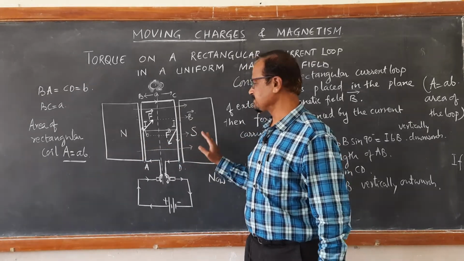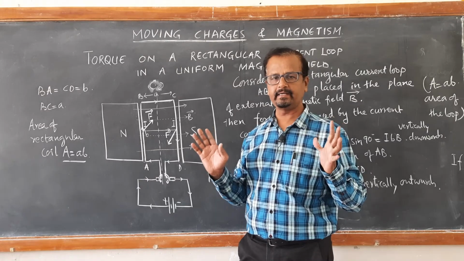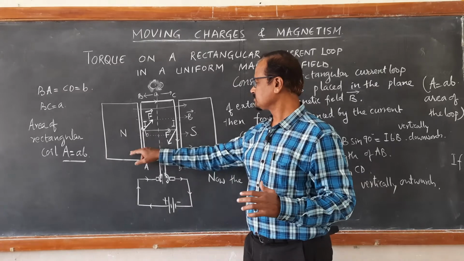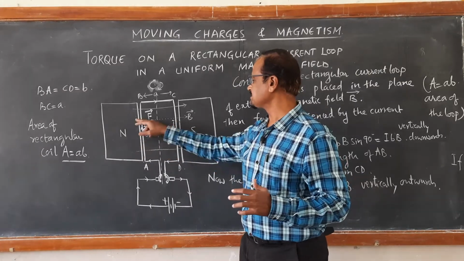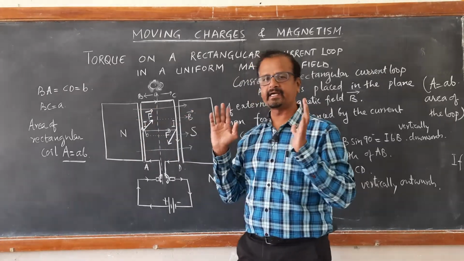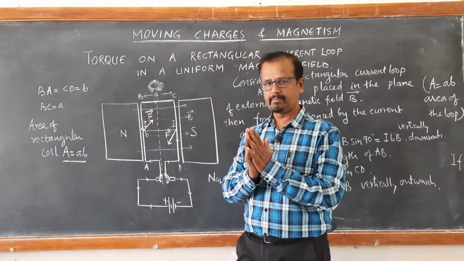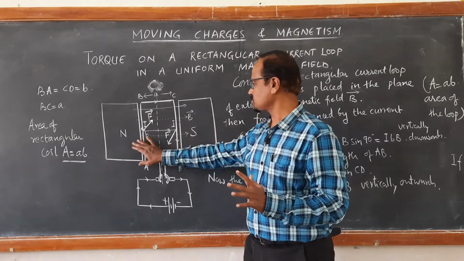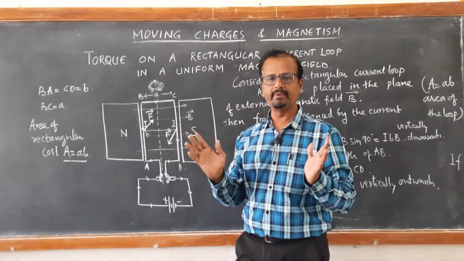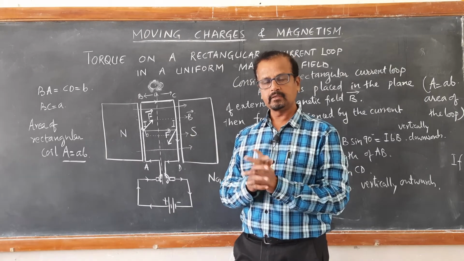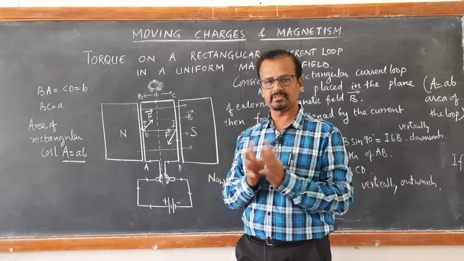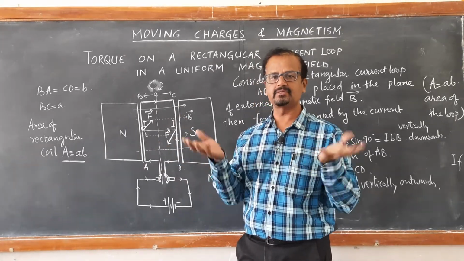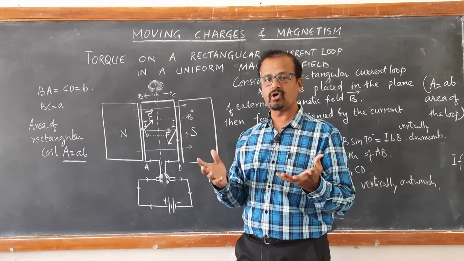And N and S represent two strong pole pieces of a magnet which are providing a strong uniform magnetic field from N to S. So, the direction which is shown here from N to S is the direction of external magnetic field. So, remember, when a rectangular loop carrying current is placed in a strong magnetic field, then the loop experiences a torque. The cause for the torque is the forces. See here, the net force acting on this loop is going to be 0. Net force means total force. Then how is it causing the torque?